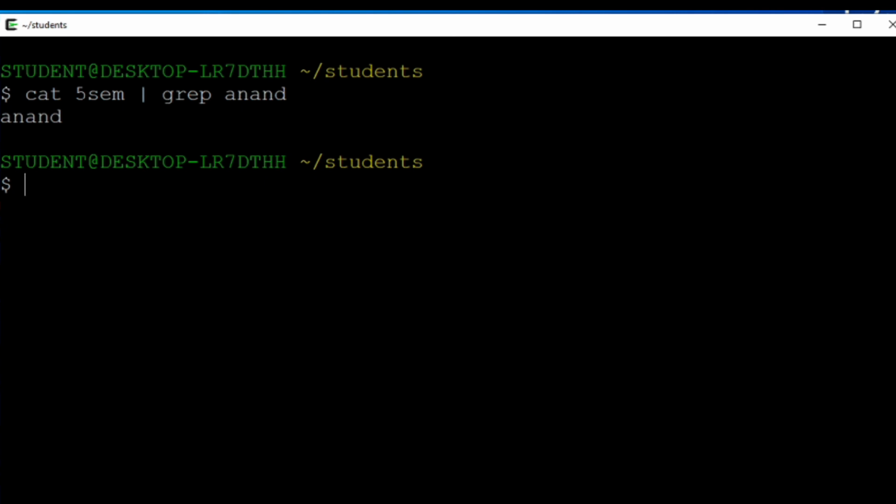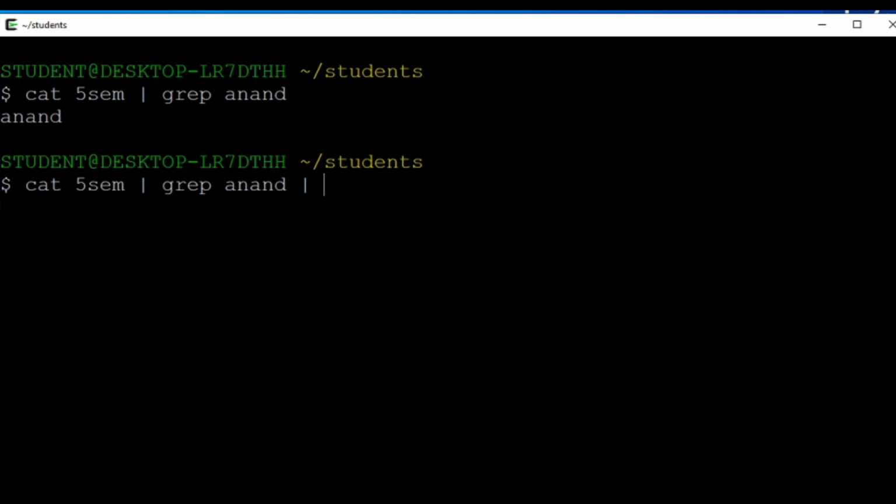Now, as I told you, a pipe can be used to join two or more commands. Here is another example. I use cat with the file name fifsem, followed by a vertical bar or pipe. After that pipe, I have the grep command followed by the string that I am going to match, that is Anand. Then I have added one more pipe symbol, and then we have wc, the word count, with -l.